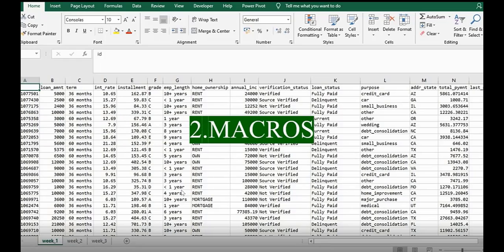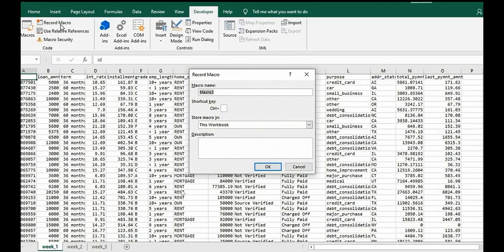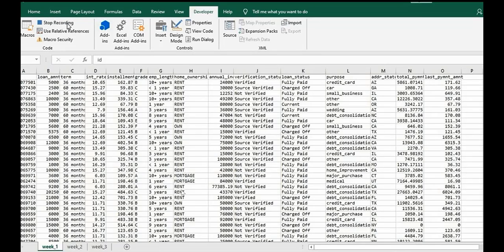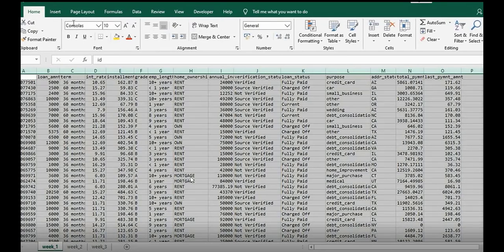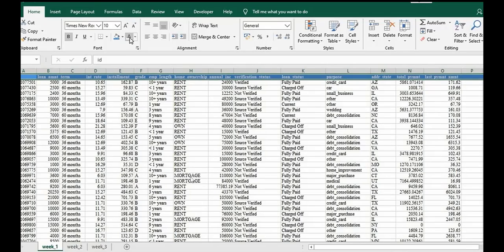Next in the list is macros. Macros is simply a series of instructions that gets recorded with every mouse click and keystroke you perform. For example, this is a raw sheet which needs to be formatted every day. So I'll start recording the macro.